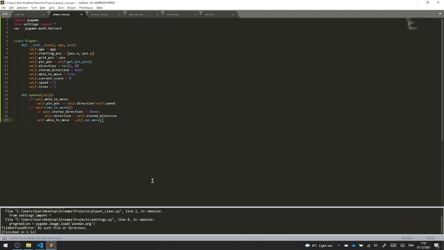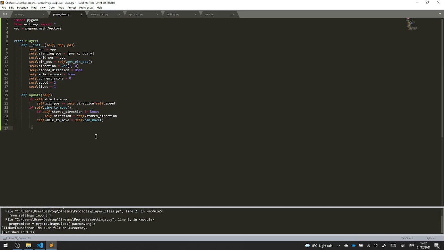Oh no, I accidentally ran it. Did I not put Pac-Man.png in my folder? Okay, give me a second. I'm gonna fix this error and I'll be back. I fixed the error. I had accidentally not put the images in the directory, so I just put them in the directory. Now it should be working again. Right, so